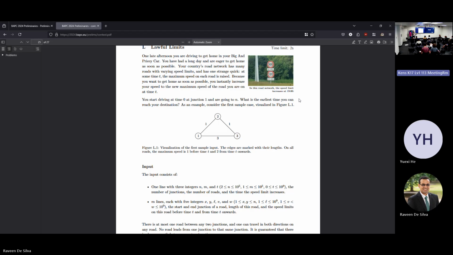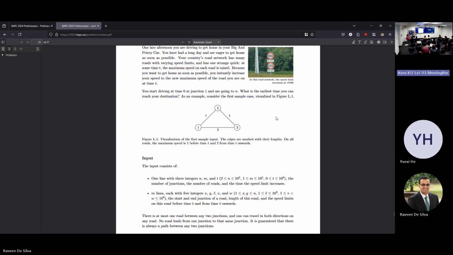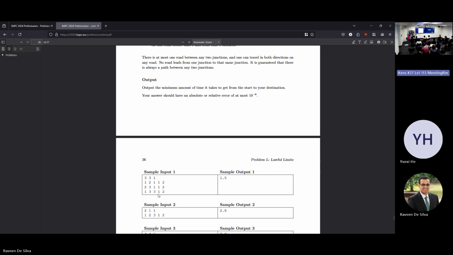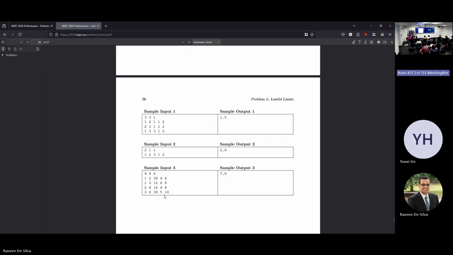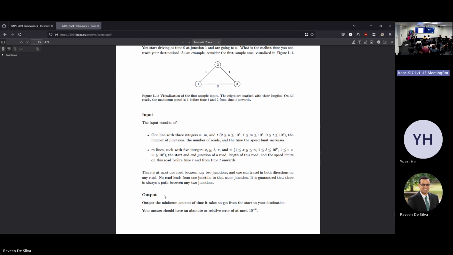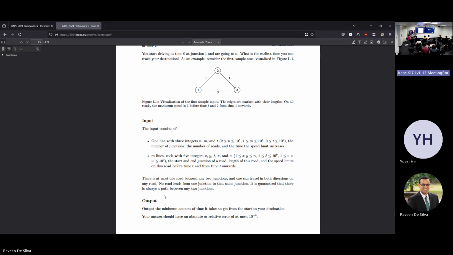But it's not a typical weighted graph. The problem has the extra fact that along each road or edge, there is a speed before that global time t, and then a speed afterwards. So in this instance, all these roads have a speed prior of 1, and then after 1 second, they have a speed of 2 units per second. Because the time change happens simultaneously, we can just do a greedy traversal through the graph, where at every point we're trying to see which junction is the one that we can reach next soonest.